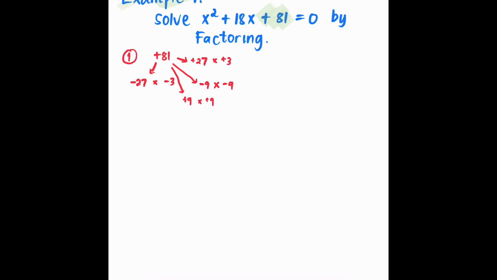So anyway, if you haven't mastered the factorization method yet, you can simply follow the steps that I'll be discussing right here. Especially for step 1, you can list down all the possible factors, as many as possible. But once you master the factorization method, definitely you won't have to list down everything, because you can stop right there when you already got the numbers. So these are the possible pairs of numbers that give us positive 81. And for the second step,